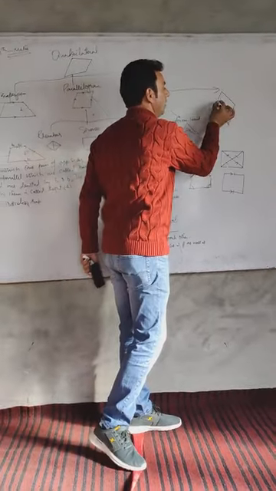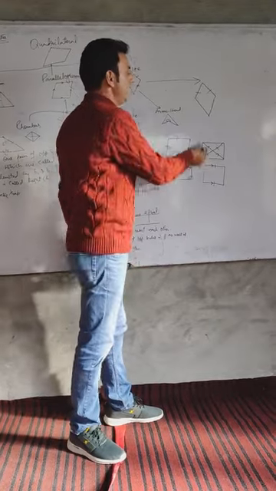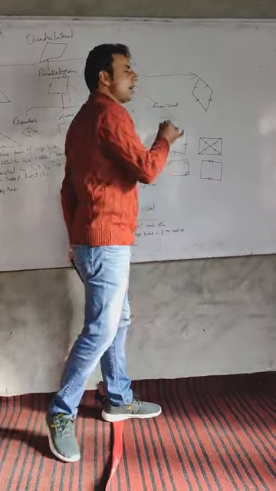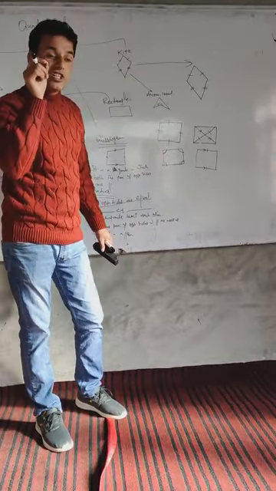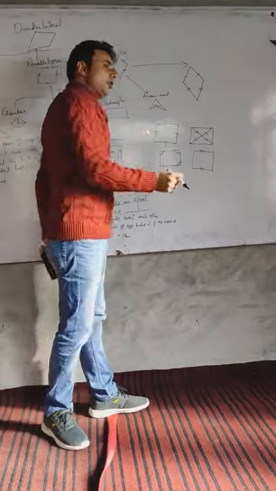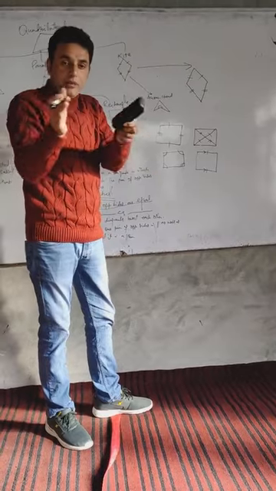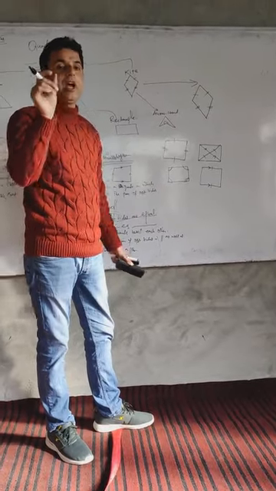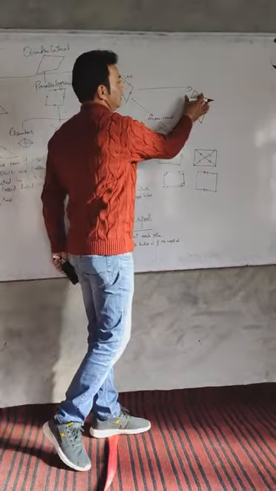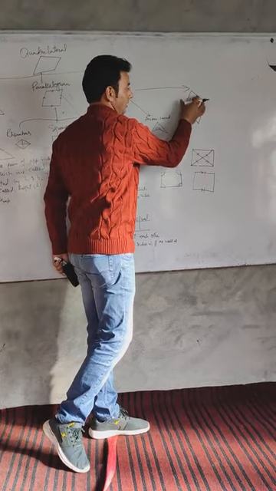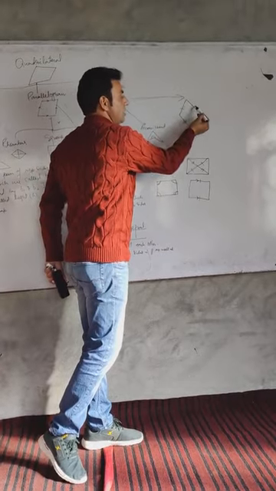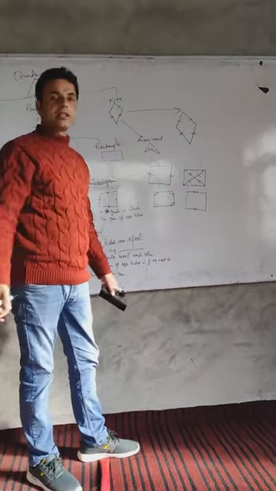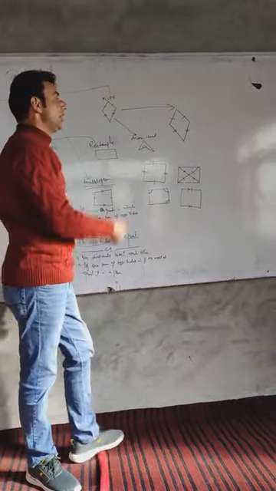But here this side is equal to this side, and this side is equal to this side. Both the pairs are called adjacent pairs. In a quadrilateral, if adjacent pairs are equal, if the adjacent sides are equal, this pair and this pair are equal to each other. This side is equal to this side. Such a quadrilateral is called a kite.